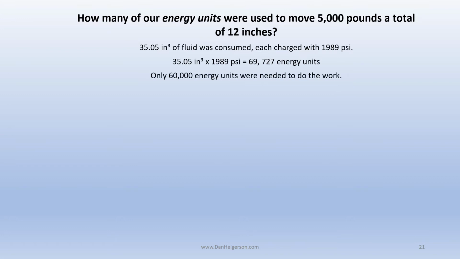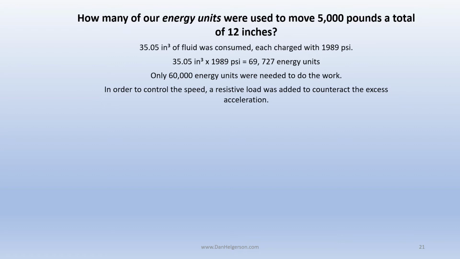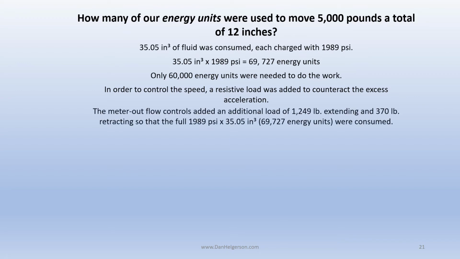Only 60,000 energy units were needed to do the work. In order to control the speed, a restrictive load was added to counteract the excess acceleration. The meter out flow controls added an additional load of 1,249 pounds extending and 370 pounds retracting, so that the